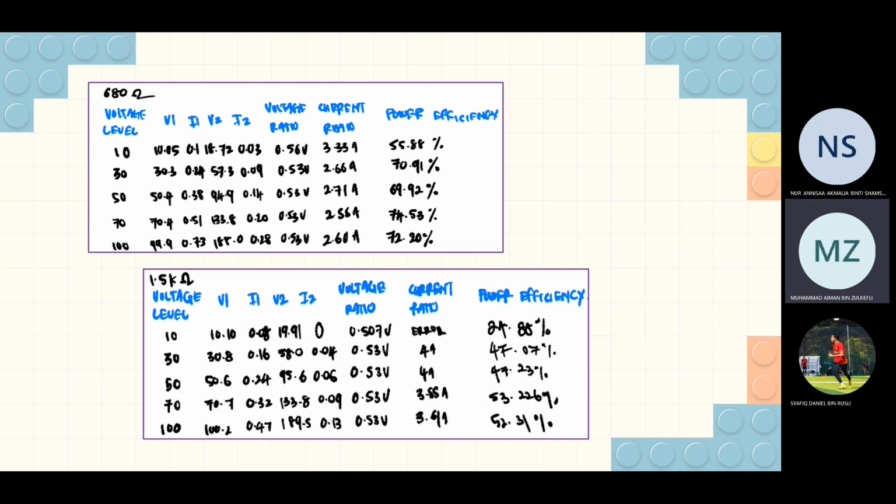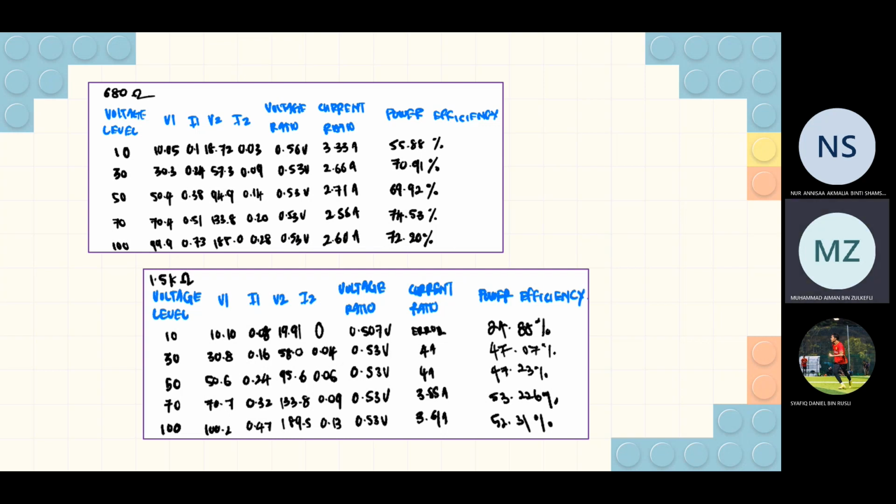So 70 voltage level, V1 70.7, I1 0.32, V2 133.8, I2 0.09, voltage ratio 0.53, current ratio 3.55,